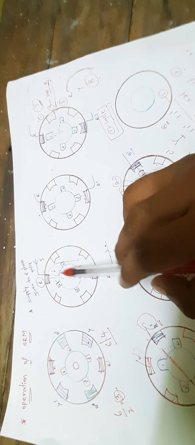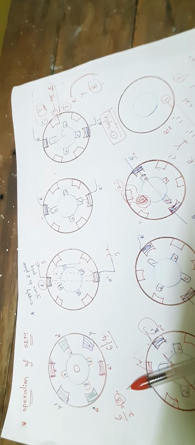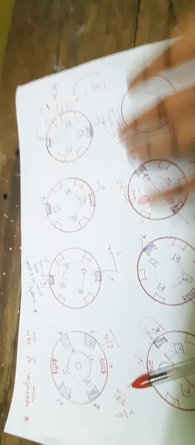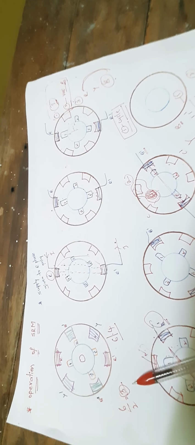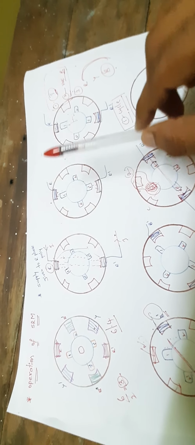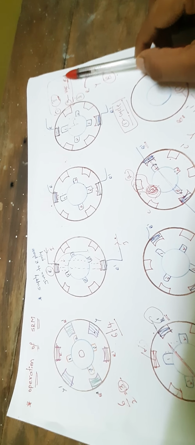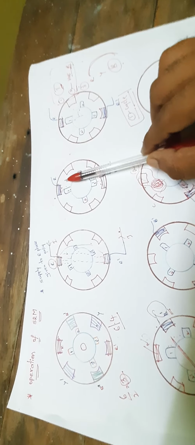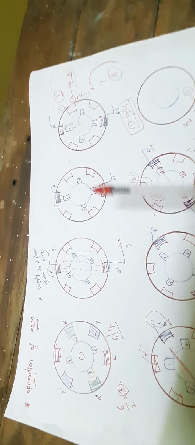Always, by giving a single supply, it rotates only a single step, we can say 30 degrees or 40 degrees, always shifting stepwise. We can say it is a stepper motor also. But the switched reluctance motor is differentiated from the stepper motor. Why? A stepper motor is rotated in steps by a step angle.